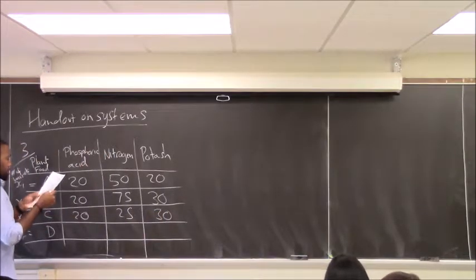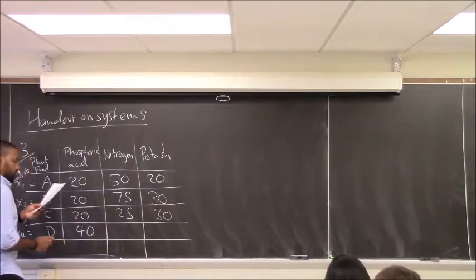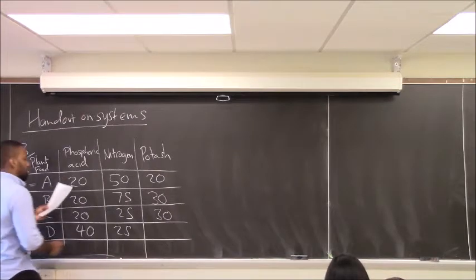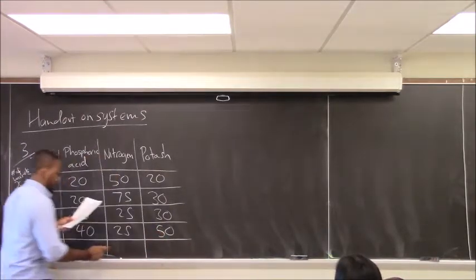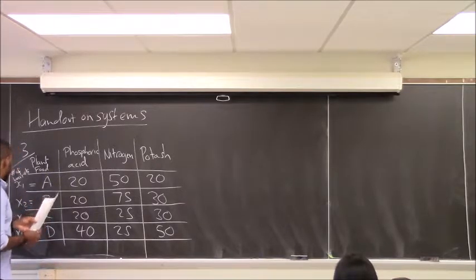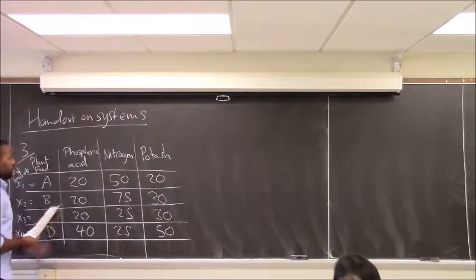And mix D contains 40 pounds of phosphoric acid, 25 pounds of nitrogen, and 50 pounds of potash. Okay. So that's different plant food mixes that you could buy and how much nutrients they have of each specific